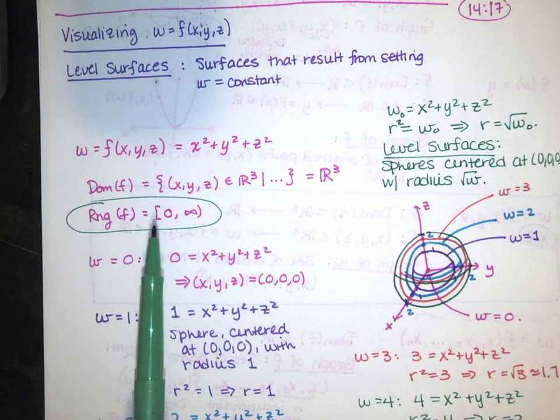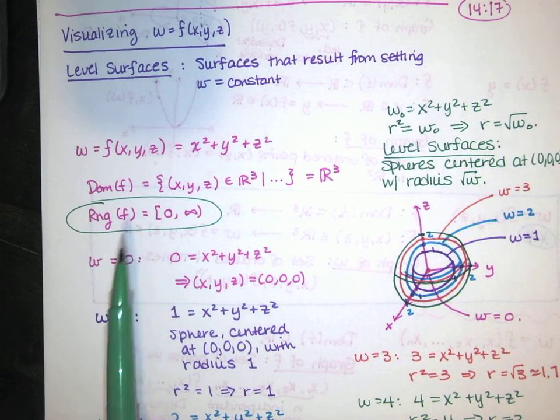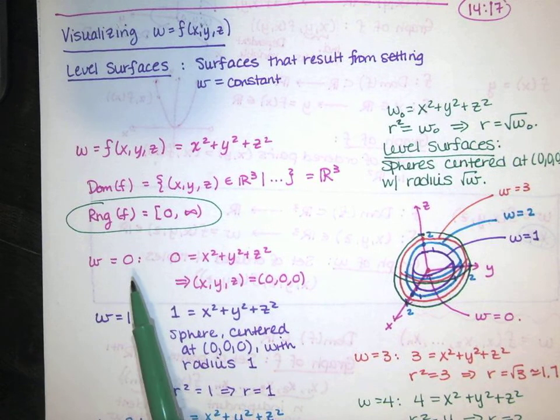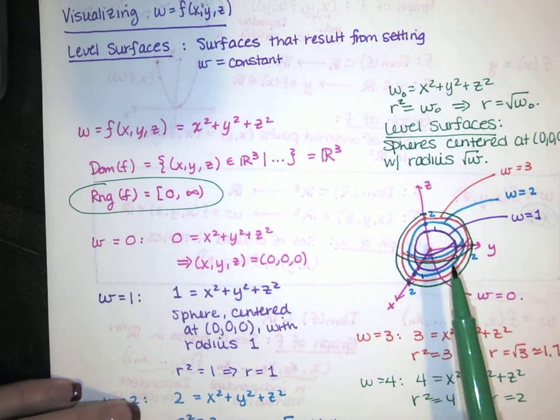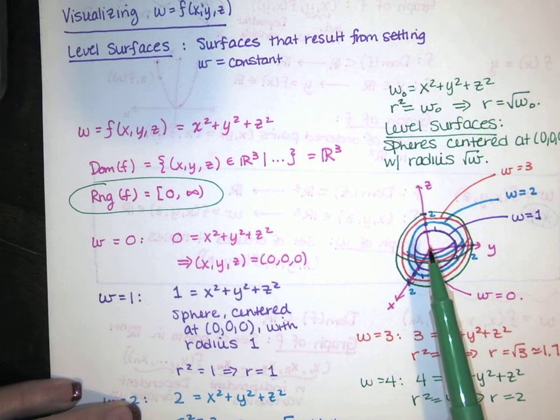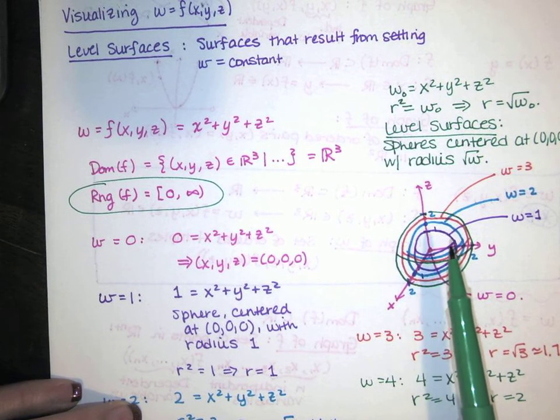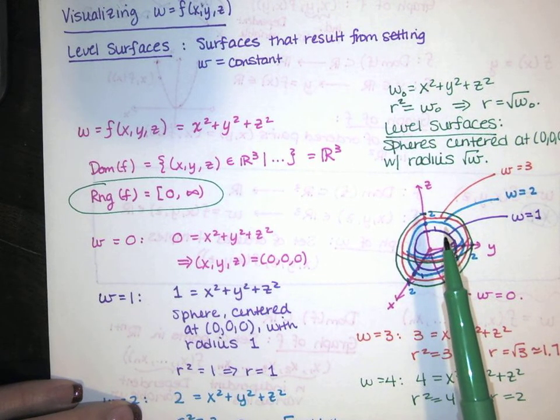And then we picked w values in this range. And I like to pick w values that are evenly spaced so that I can have some sense of how fast w is changing. So w is going from 0 to 1. Look at that big gap, that gap from the origin out to that sphere of radius 1. That gap between w equals 0 and w